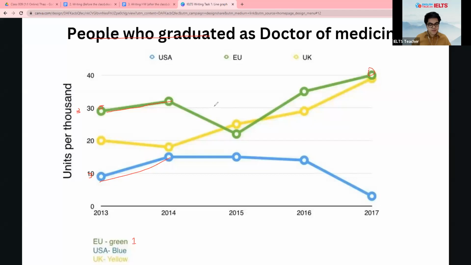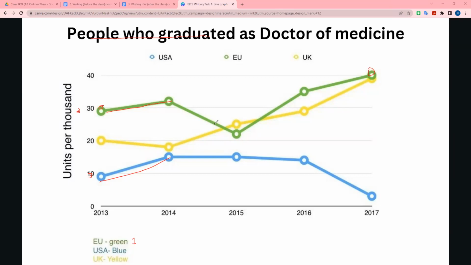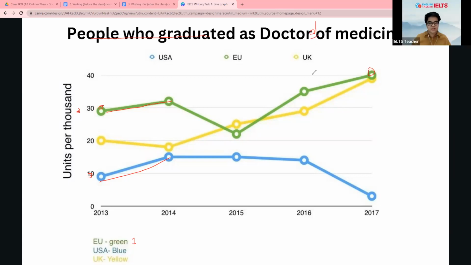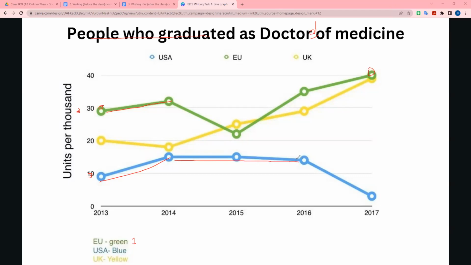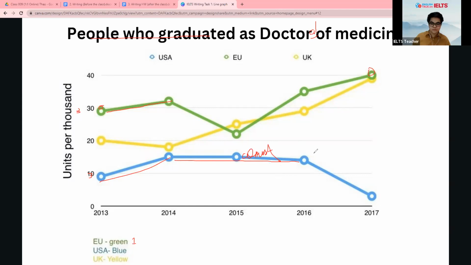Okay, can you continue your analysis? Yes, doctoral degree. D-O-C-T-O-R-A-L. So from 2014 to 2016, the number of American people who received a doctoral degree remained almost intact, while the number of people who finished undergraduate schools in the EU experienced a